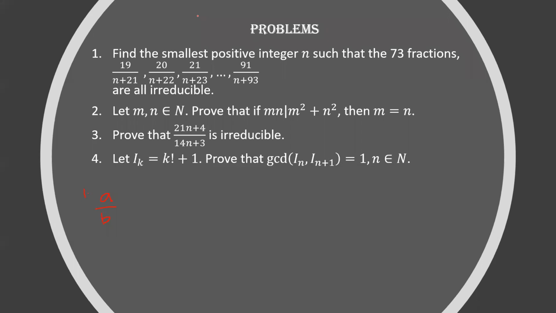Exactly. So what Aniruddha is telling is that the greatest common divisor of A and B is 1, right? Because if the GCD of A, B is not 1, for example, it is some positive integer m, then you can easily reduce it. Why? Because A can be written as m·A1 and B can be written as m·B1. The m's are gone, so A by B is a reducible fraction. So we can conclude that the greatest common divisor of A and B is 1.